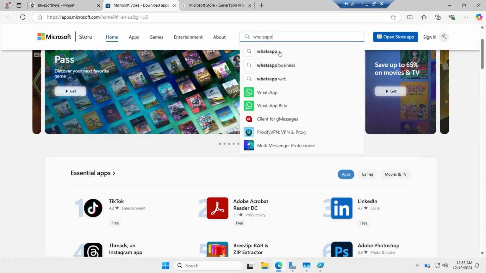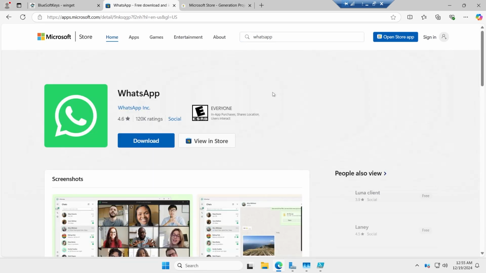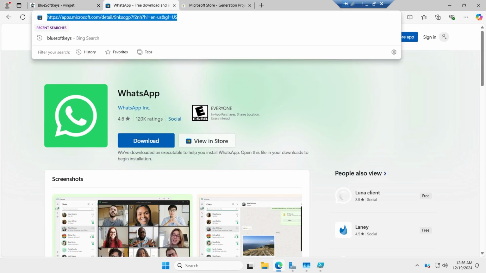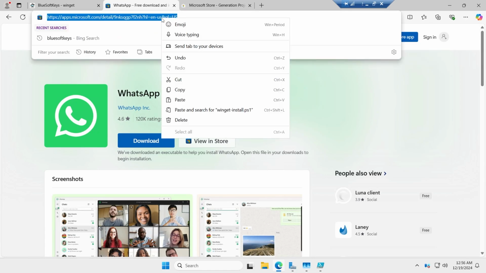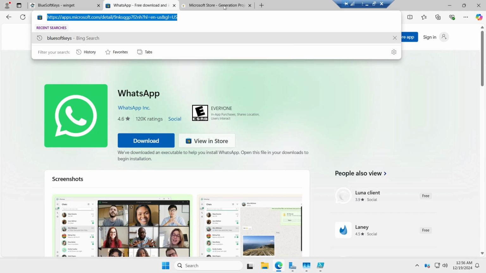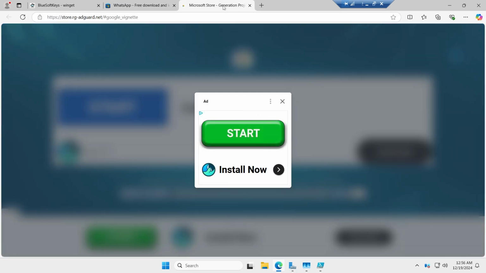Okay, so it is going to bring you, just go ahead and click on what the icon looks like. Okay, this is what we have already. So what you need right now is going to be the link that is being provided to you here. You're going to have to go ahead and copy this link here. You're going to have to copy, and then you are going to have to come up here,